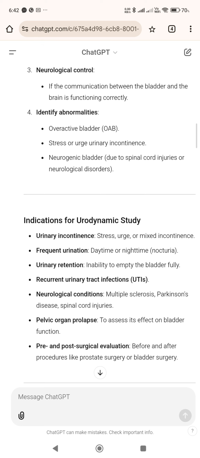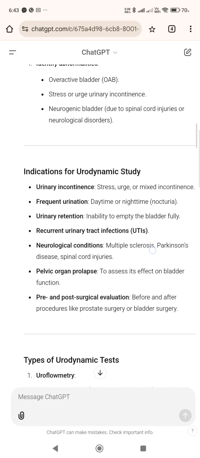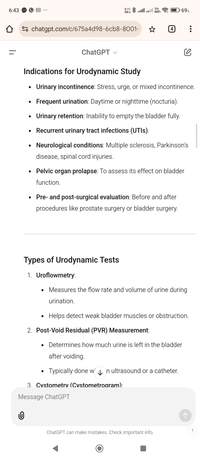4. Identify abnormalities, overactive bladder, OAB, stress or urge urinary incontinence, neurogenic bladder due to spinal cord injuries or neurological disorders. Indications for urodynamic study: urinary incontinence, stress, urge, or mixed incontinence; frequent urination, daytime or nighttime, nocturia; urinary retention, inability to empty the bladder fully; recurrent urinary tract infections, UTIs; neurological conditions, multiple sclerosis, Parkinson's disease, spinal cord injuries;